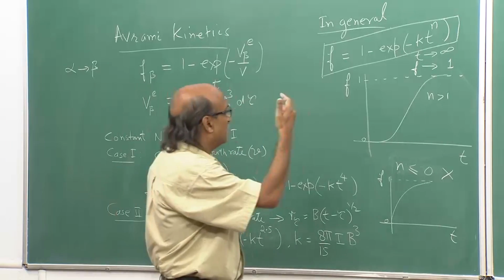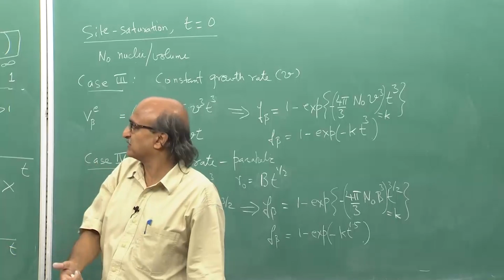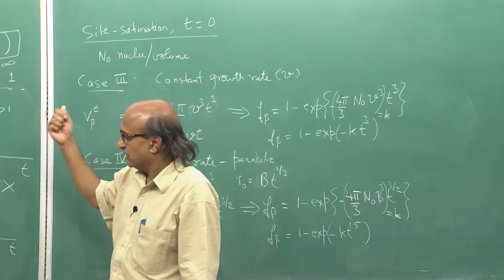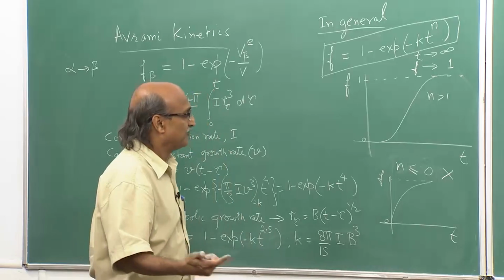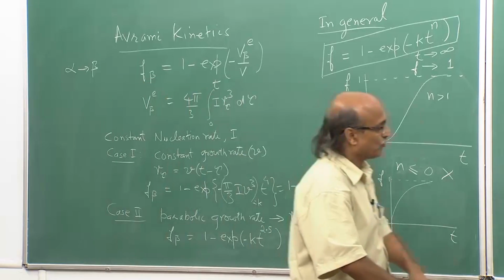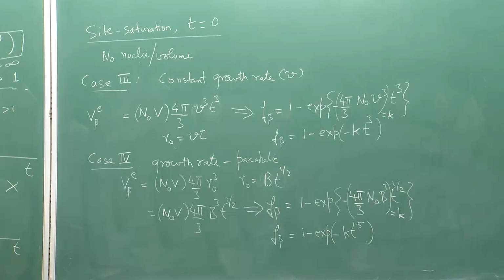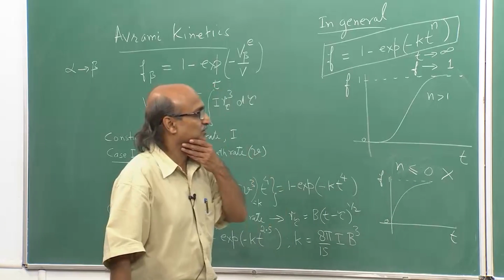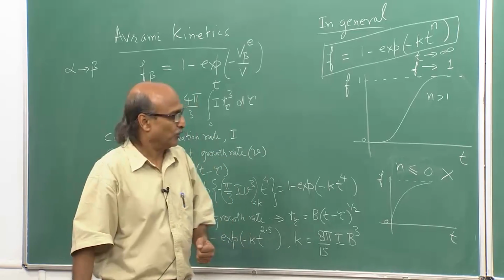For example, if I get a value of n close to 4, this tends to suggest that I have a constant nucleation rate, constant growth rate. If I had a value of n equal to 1.5 or close to that, then this may suggest that site saturation is taking place and the growth rate may be parabolic,